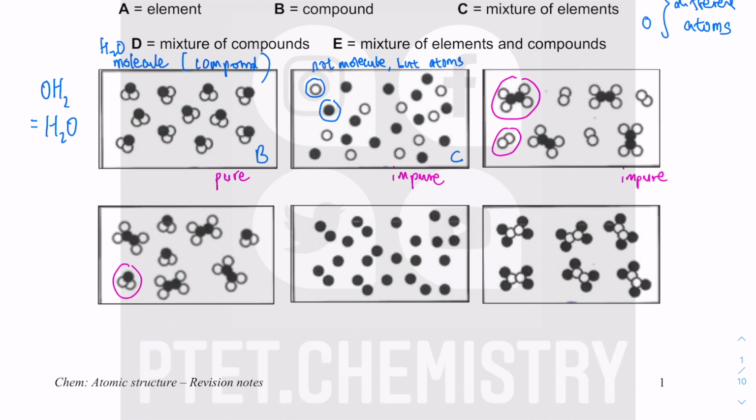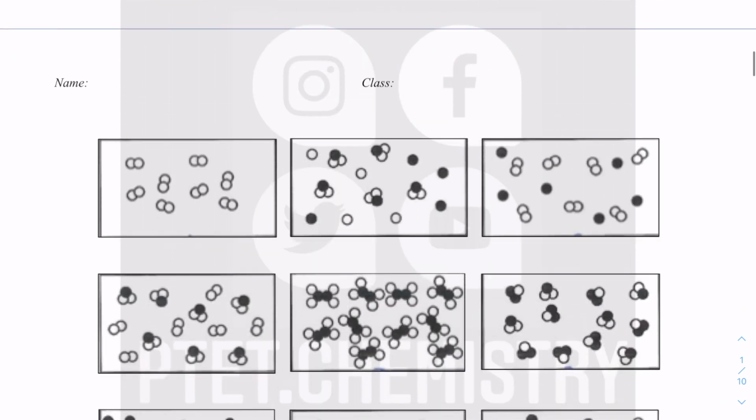This is also impure. Okay, so there are different substances there. Here there's only one kind of substance and they are not bonded together. So this one is pure. This one is also pure because all of them you can see is two white and four black, like that. They're all the same substance. Alright, going back to the other one, so this is pure because all of them are the two white chemically